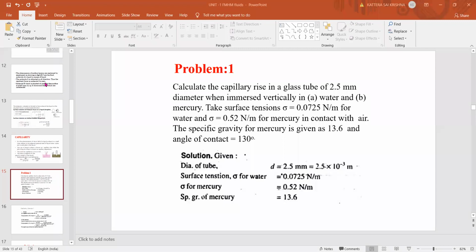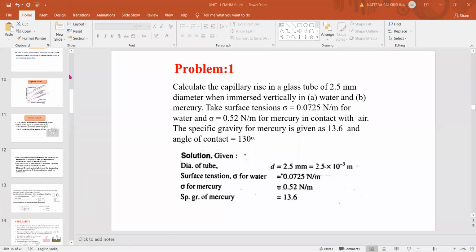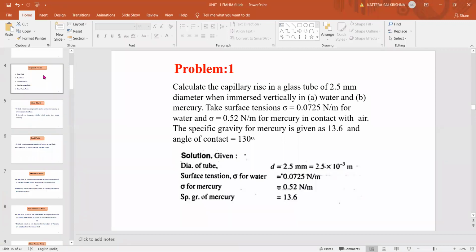So today's class will be on our last class. I think I have shown you capillarity. Whether you have seen capillarity? Shashi? Capillary topic we have seen in the last class or not? Topic completed, sir. Problems we have not yet. Just only we have started it, right? Okay. Yes, sir. Okay. So last class what you have seen is these things. First I will show that last class what you have seen.